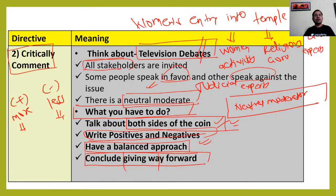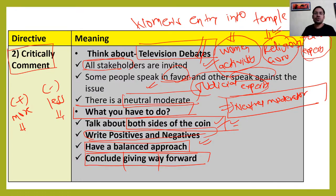For example, in a TV debate, women activists will speak in favor of women's entry into temple. A religious guru will have a different interpretation. They will say that no, as per religion or as per some tradition, women are not permitted to enter into temple. A law expert will have a separate opinion. A judicial expert will say something else. Now there is a neutral moderator. So you, assuming yourself as a neutral moderator, talking about all views and then taking a balanced approach is